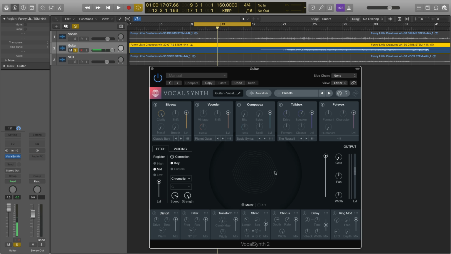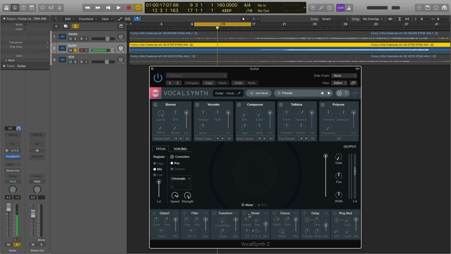Also, it's a great idea to experiment with shred on non-vocal material. So for example, I'm in a rock session now and I've put shred on an acoustic guitar. See how it adds a kind of frenetic picking style that just wasn't there on the guitar. I'm going to play it without the effect, then I'll bring it in, and then I'll play the entire effect in the context of the mix.